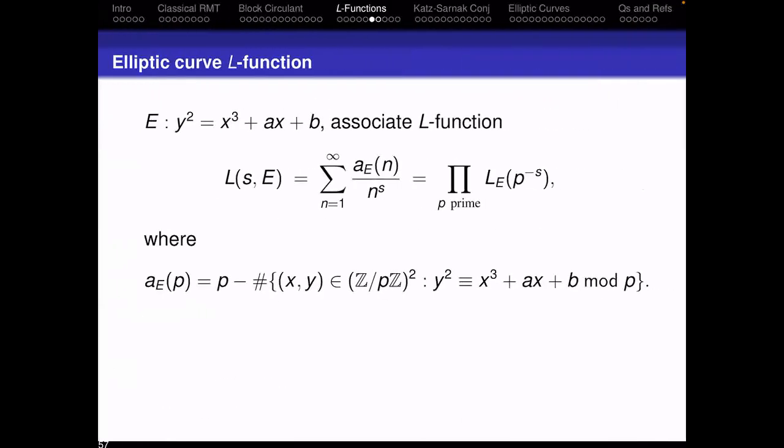And it turns out that there's a structure to this group, and it's equal to some number of copies of the integers Z plus some finite torsion part. And you can build an L function. And for the L function, I'm going to just say what's going on at the prime. At the prime, the coefficient is going to be the number of solutions mod p, and I'm going to subtract that from p. Well, if you think about what's going on, if I look at y squared equals x cubed plus ax plus b mod p,